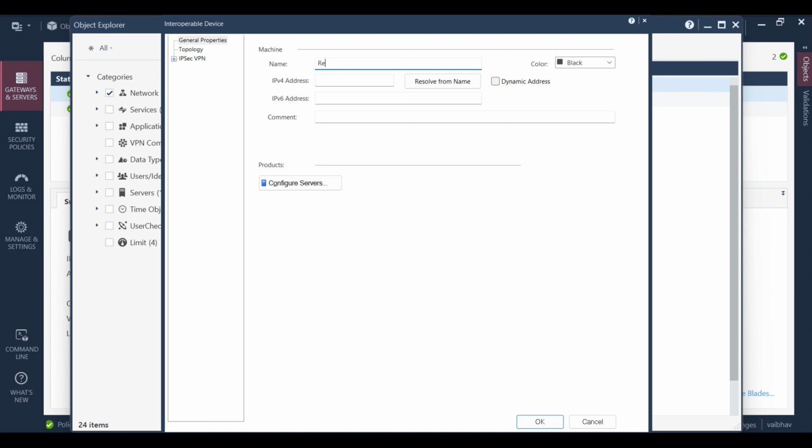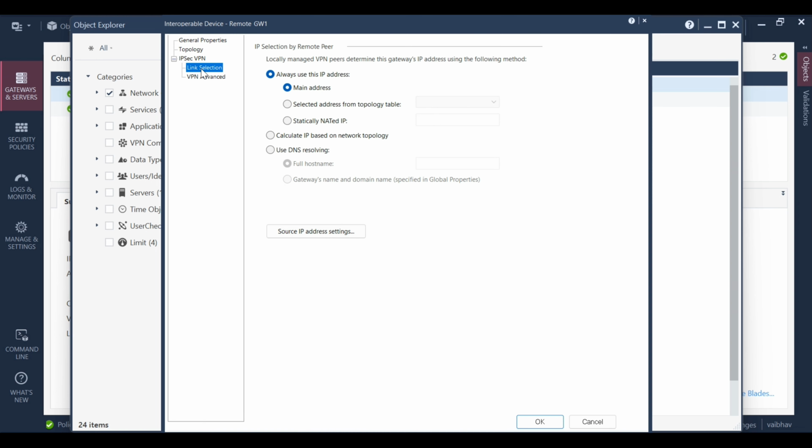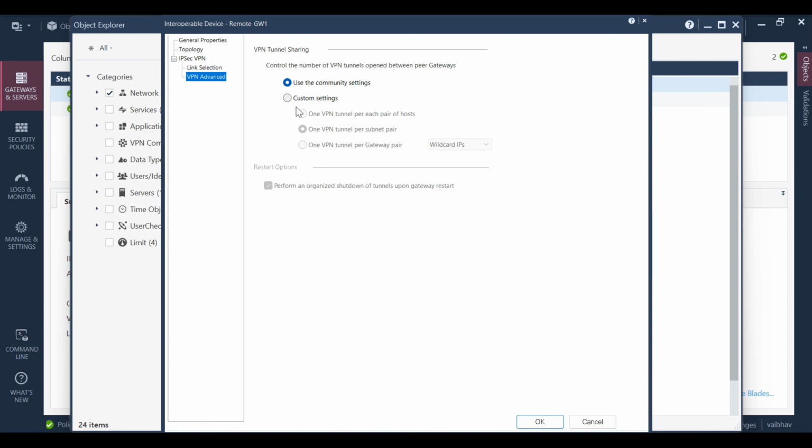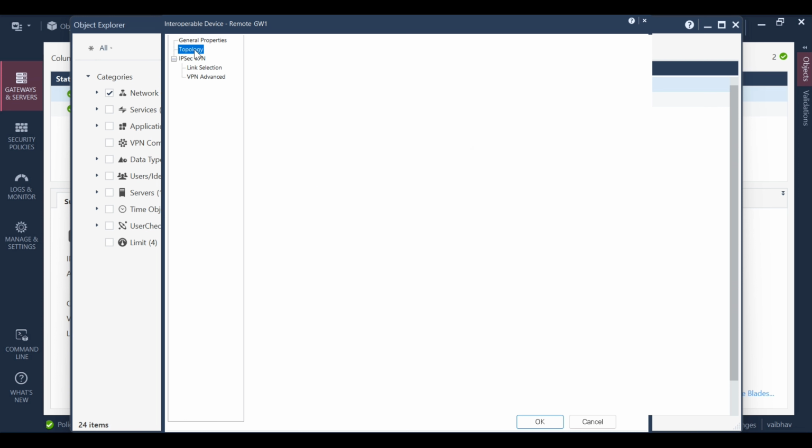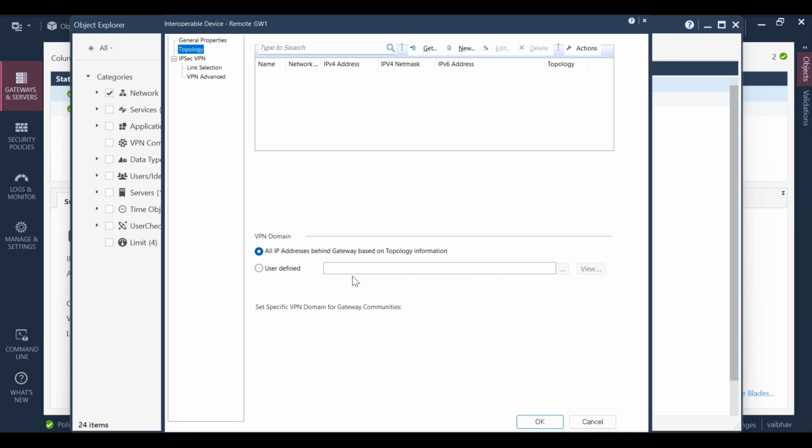I would say remote_gateway_1. Give it the IP address. As per the topology, it's 192.168.1.91. Then you have to go to the link selection, and you have to say it's the main IP address. Then VPN advanced, which topology you want here. I would say VPN tunnel per subnet pair. If you go back to the topology,